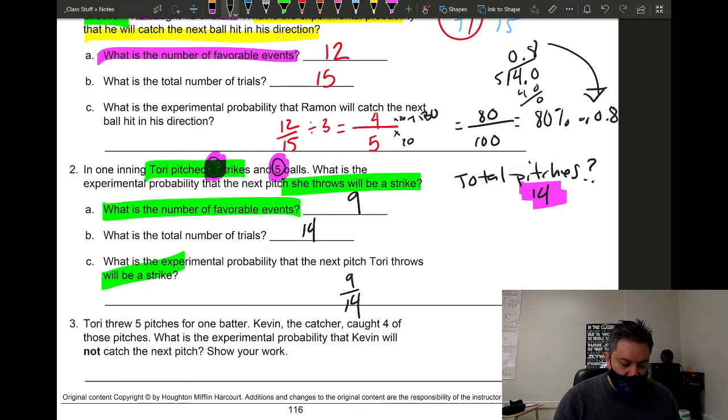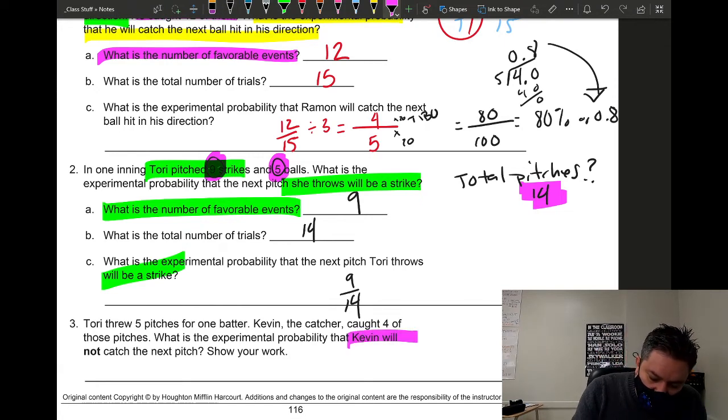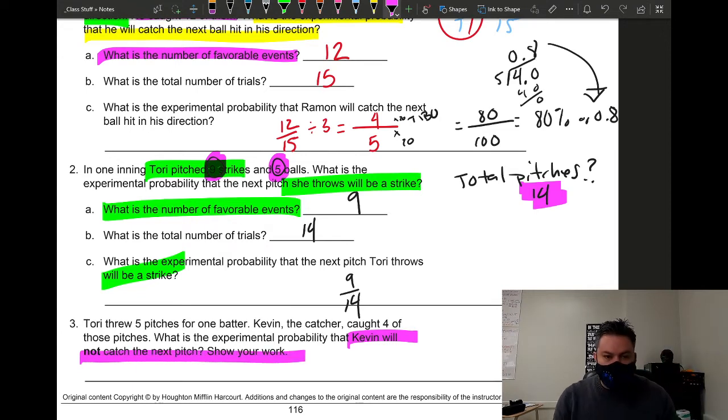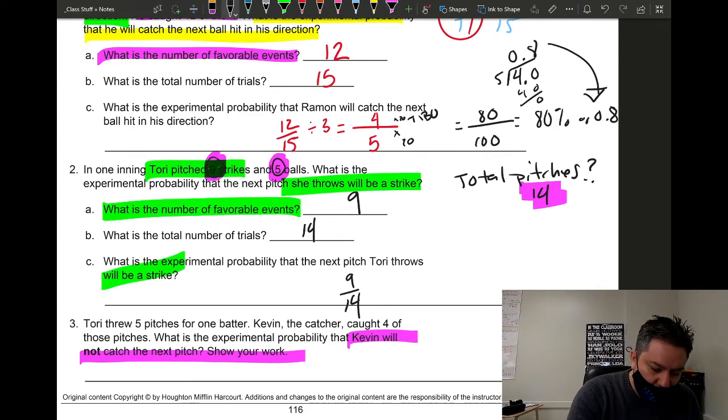Torrey threw 5 pitches for 1 batter. Kevin, the catcher, caught 4 of those pitches. What is the experimental probability that Kevin will not catch the next pitch? Look at the question: Kevin will not catch the next pitch. They're combining the whole problem right here. The ABC steps, we're going to do it all in one. So, Torrey threw 5 pitches, and Kevin the catcher caught 4 of those pitches. So my total number of